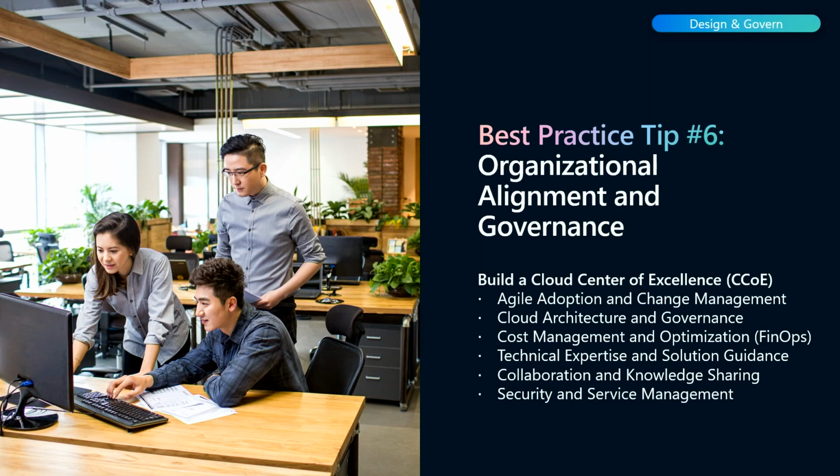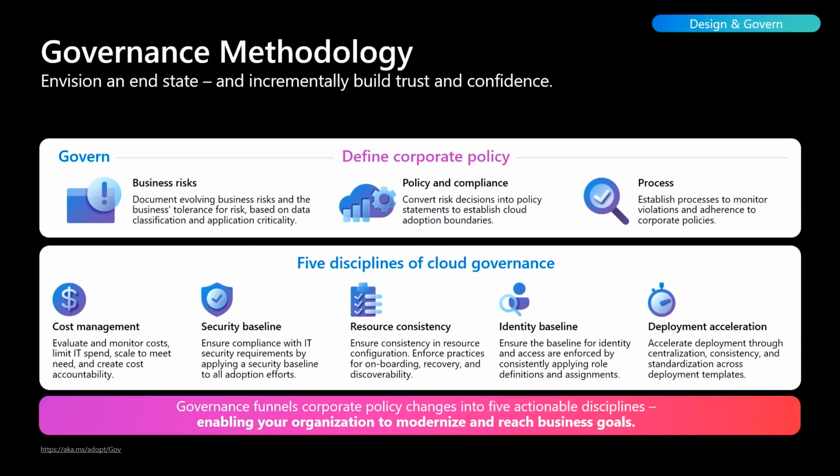So that does dovetail pretty nicely into governance, because without that organizational alignment, it's really, really hard to do governance in any customer. And governance is really important because, again, when you're going to migrate a bunch of things into Azure, you're going to keep migrating. You're going to build an engine of migration. You want to make sure people are staying within the rules. What do I mean by rules? Well, if you look down on the bottom, they have 5 disciplines that are documented in the CAF.